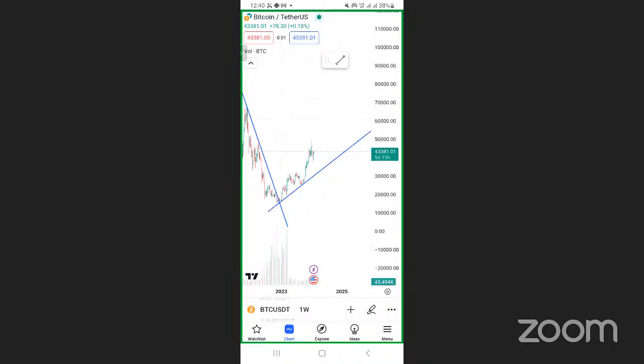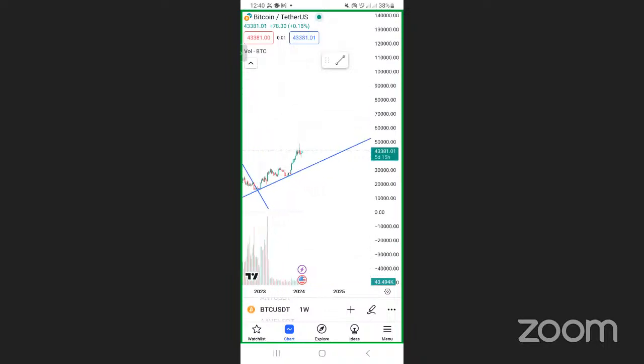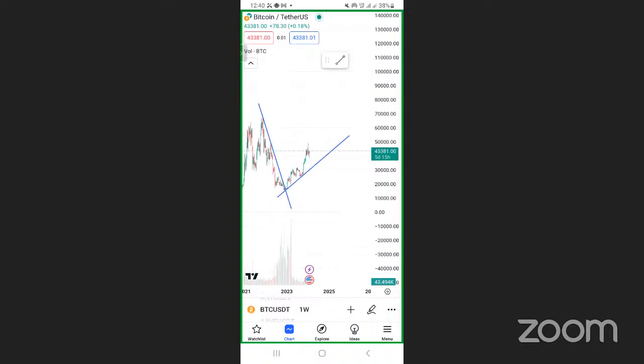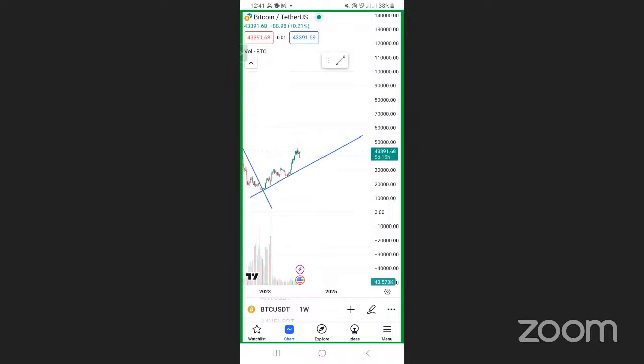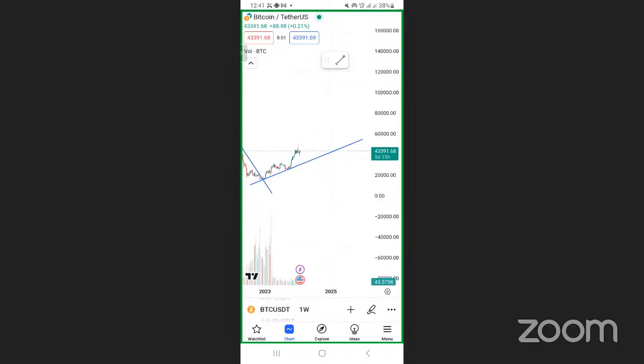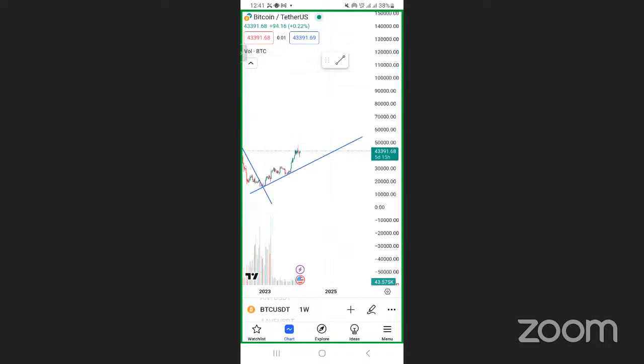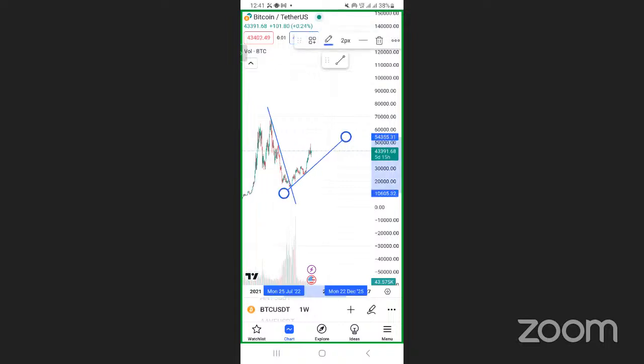As long as Bitcoin does not go below this line, it means we are still going up. You get it? But in time to come in future, Bitcoin will come and close below this line. That means it will have changed the trend. It will start going what? It will start going down. So as long as you're seeing Bitcoin is trading above that line, just know yourself, the trend is still on. You can enter the market. You get it? So the trend is your friend. Make sure you respect it.